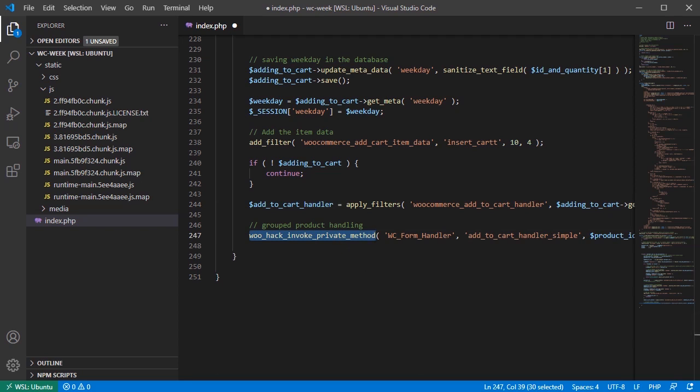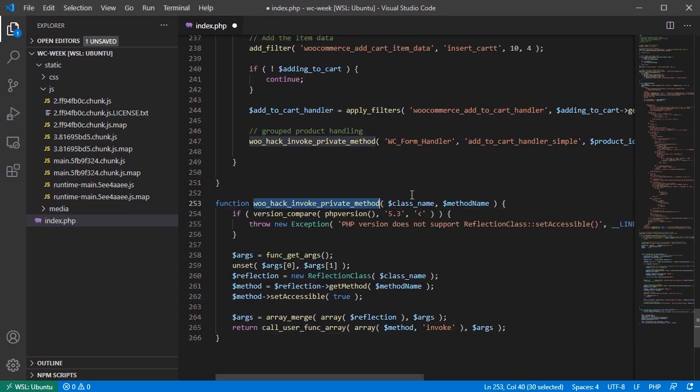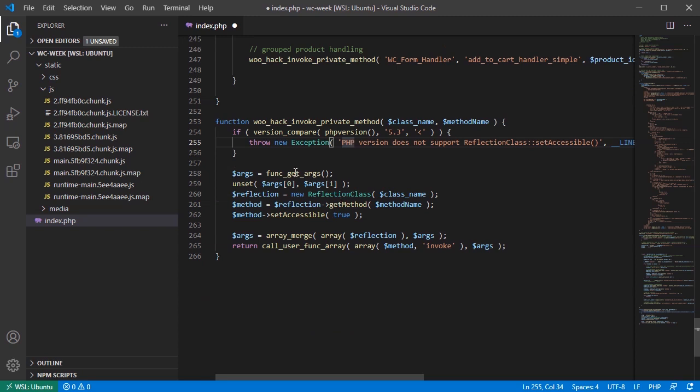So this function, it's here. Alright, the class name, get the class name and the method name, and basically this needs to be working. I check here if the PHP version is above 5.3. If it's not, PHP version doesn't support this stuff. And get arguments to the arguments, unset arguments here, reflection, assign a new reflection class, and then I assign to